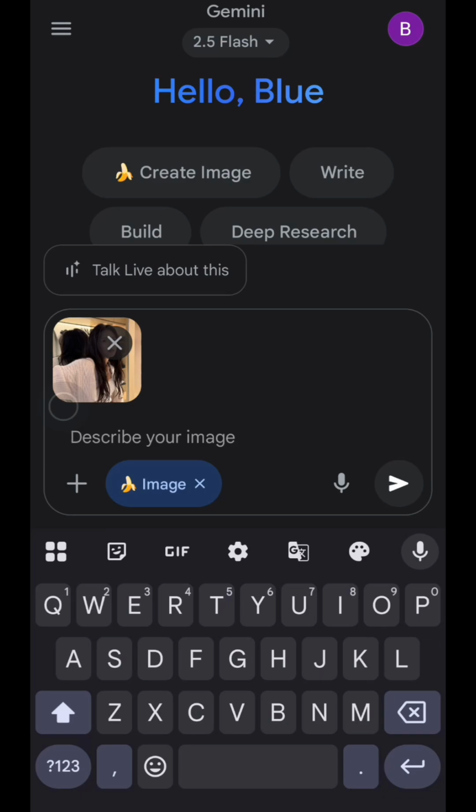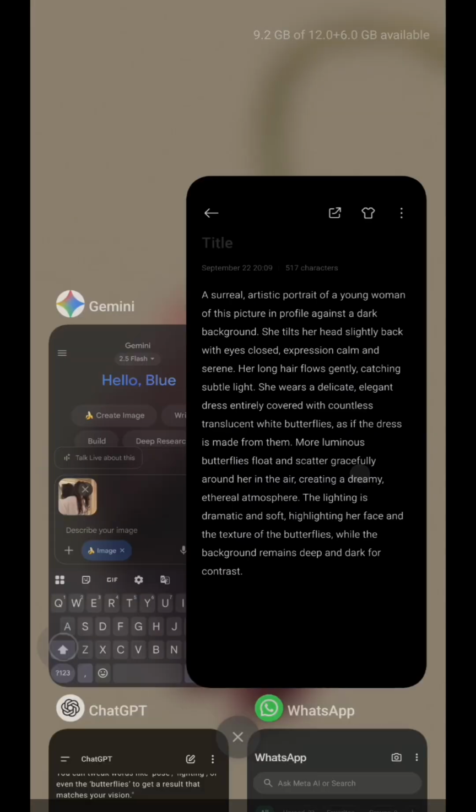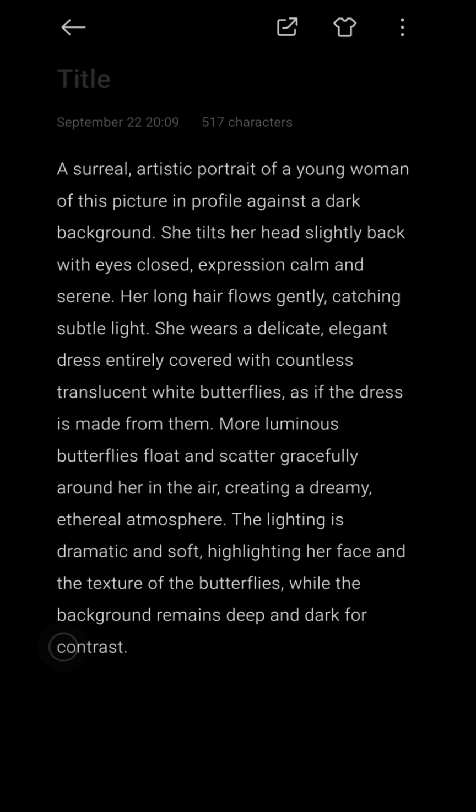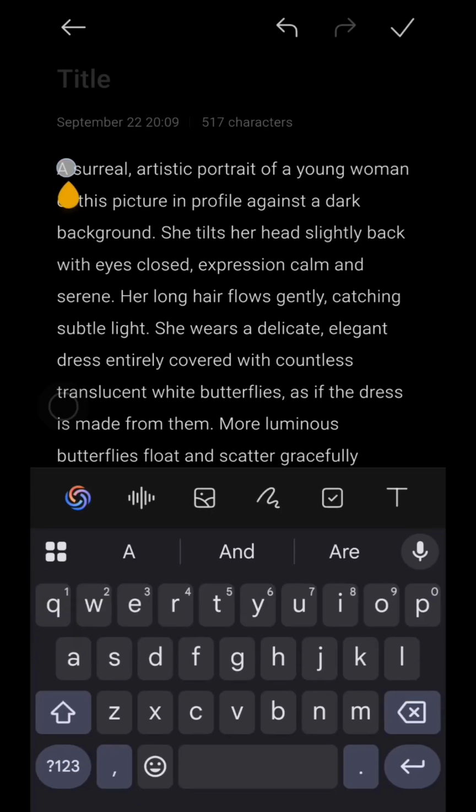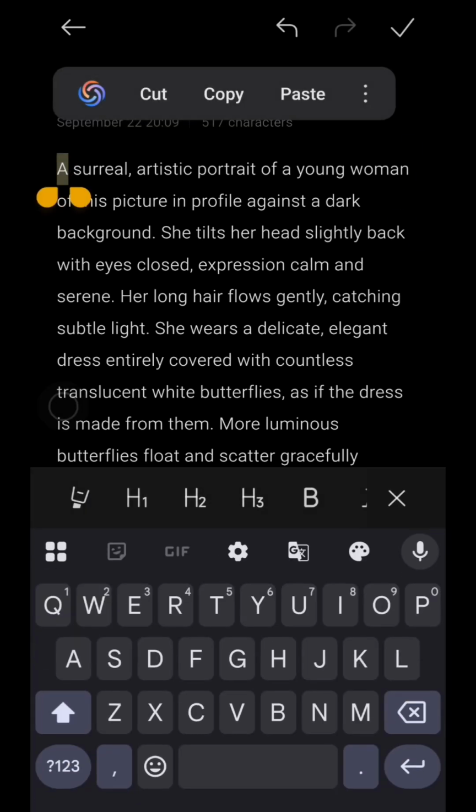Before, I already made my prompt like this. You can just copy mine and then adjust the details as you like. You can tweak words like pose, lighting, or even the butterflies to get a result that matches your vision. Next, I will just copy my prompt